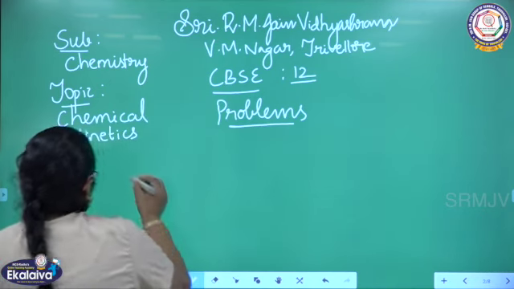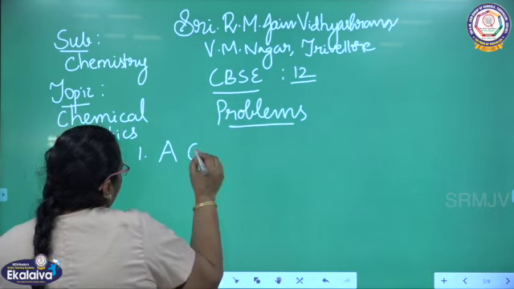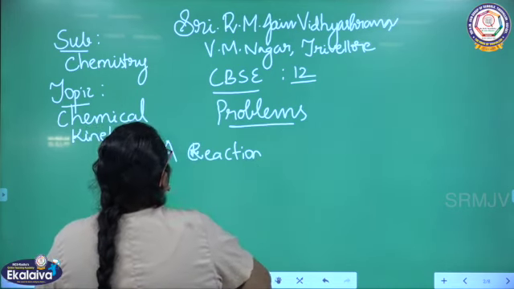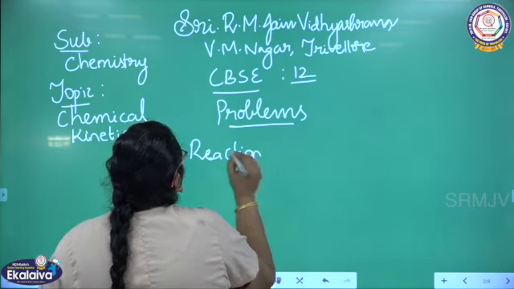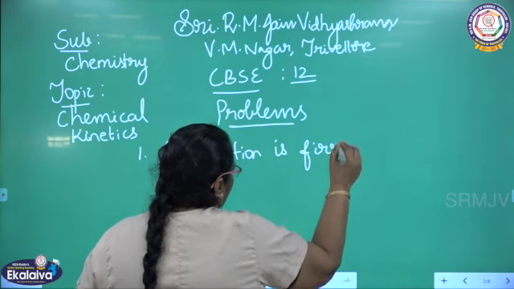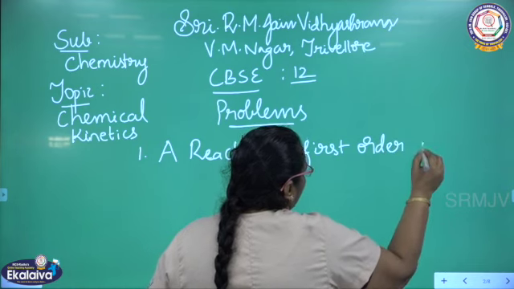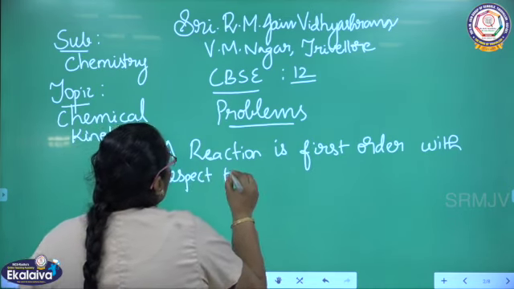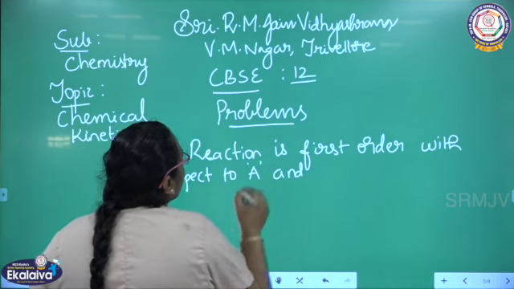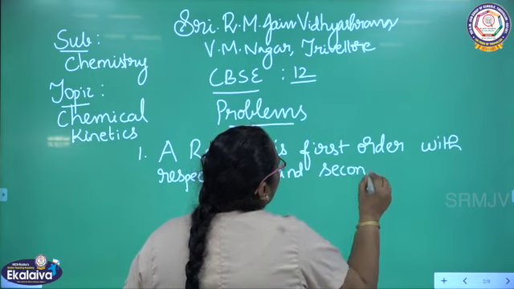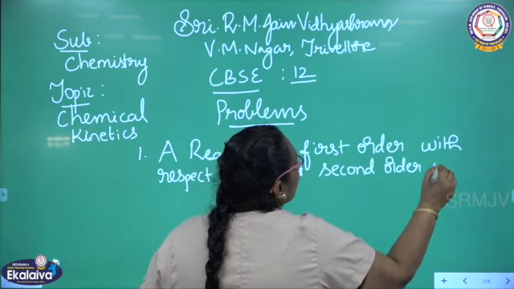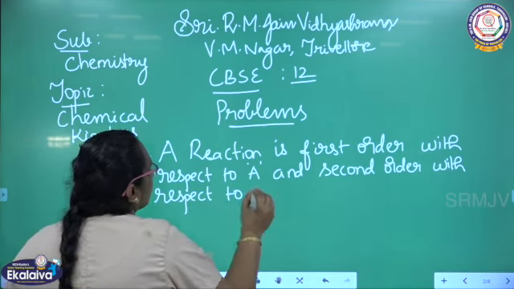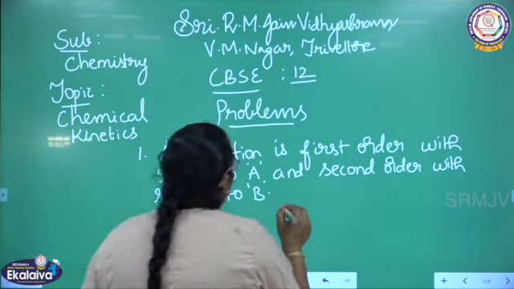The first problem is, a reaction is first order with respect to A and second order with respect to B. A reaction is first order with respect to A and second order with respect to B. Write